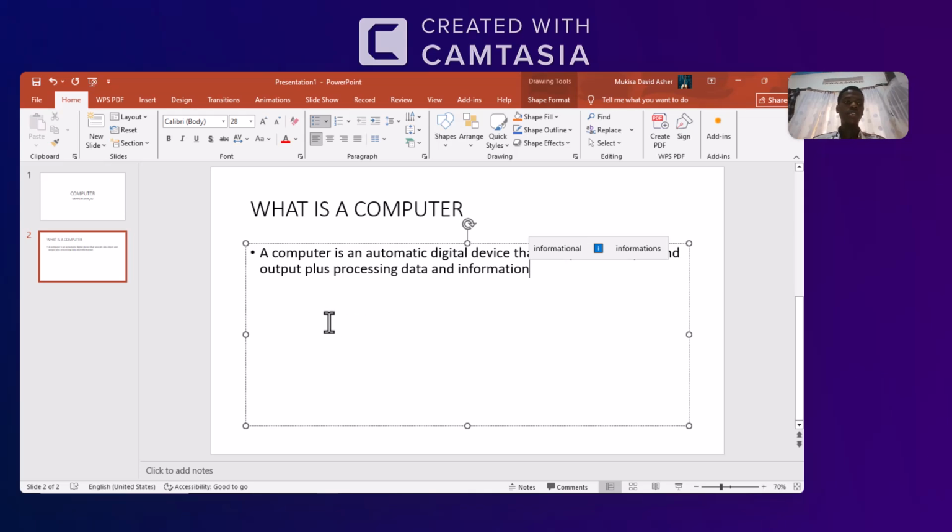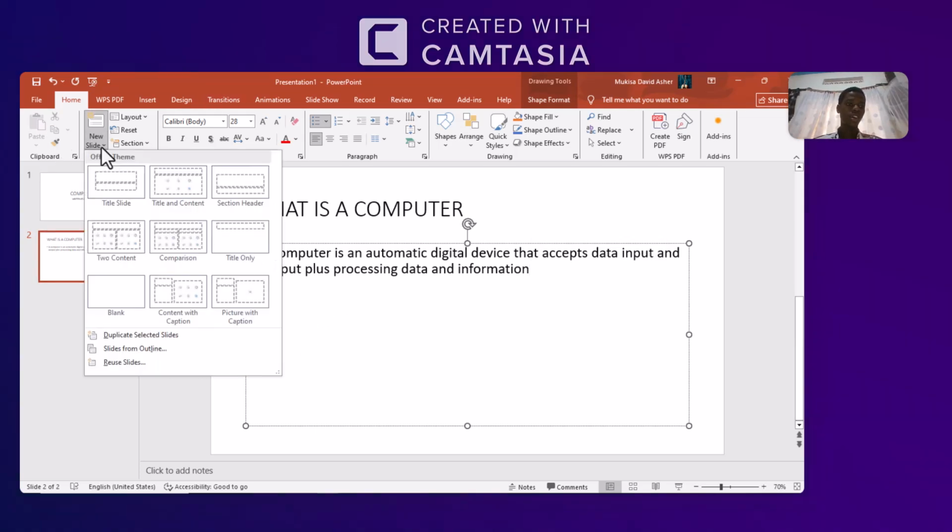So you can say that's our definition, and now we can create another slide, maybe talking about